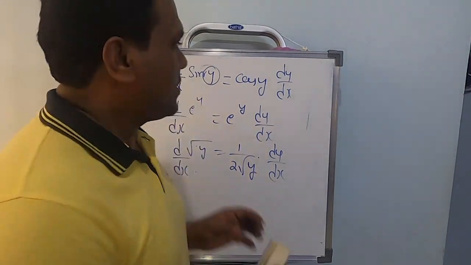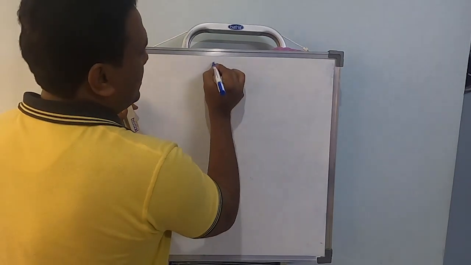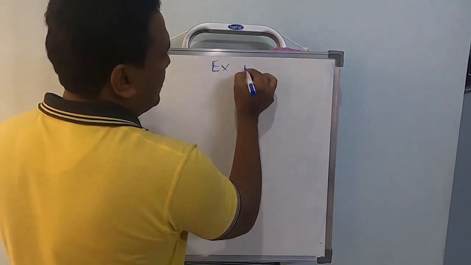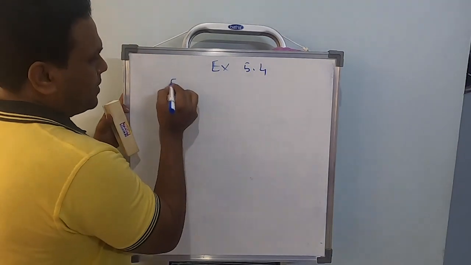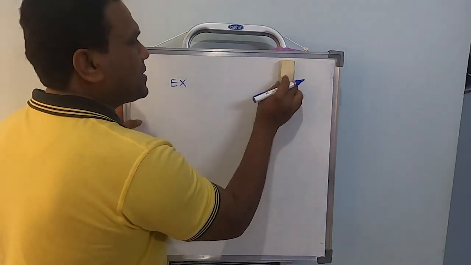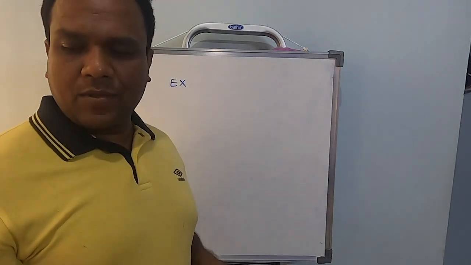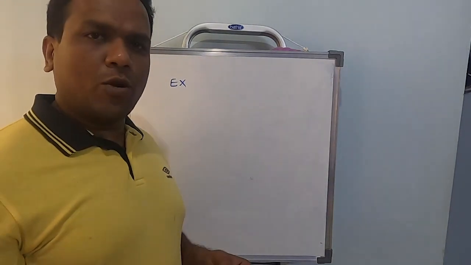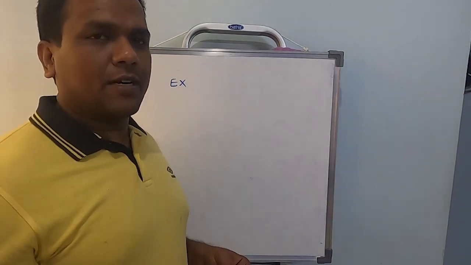You can see that it is NCERT, mentioned as NCERT exercise 5.4. Under this, notice the examples. Examples stand for worked examples from the NCERT textbook. There are 2 worked examples, so I'll explain these 2 problems today. The remaining problems, that is the exercise problems of implicit functions, we'll study tomorrow.